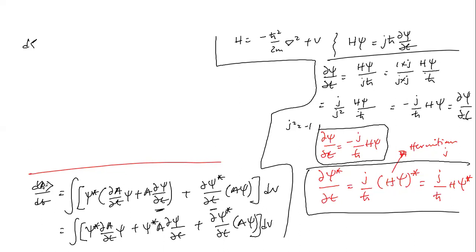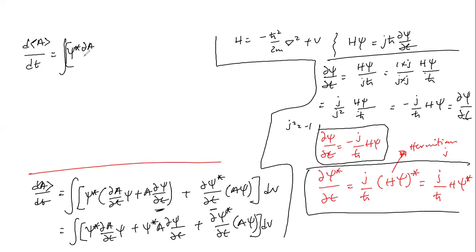This is the expectation value, please. The expectation value of the Hermitian operator will give us, there, all in bracket,